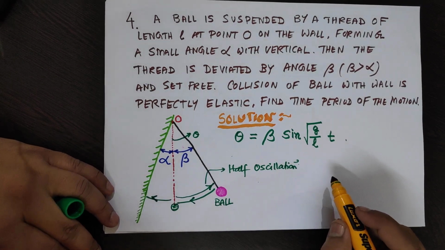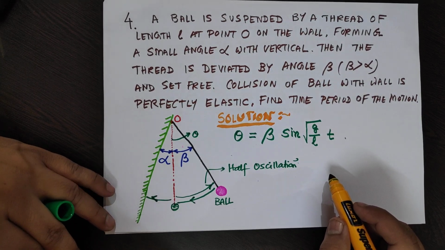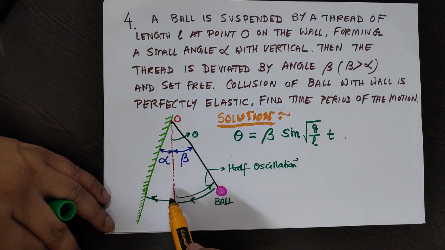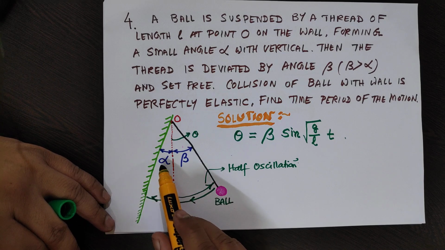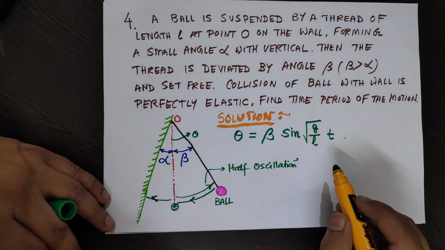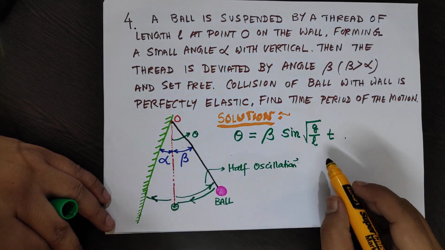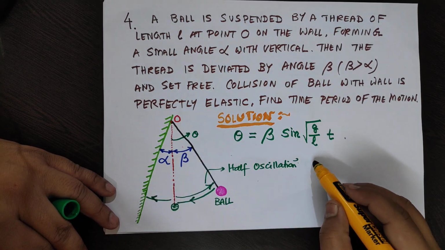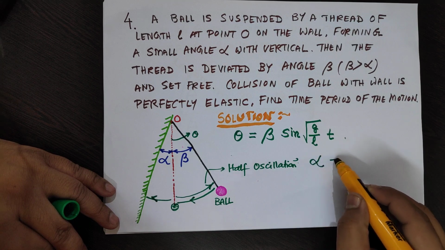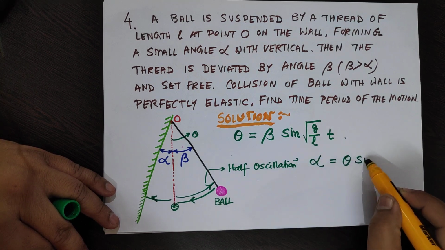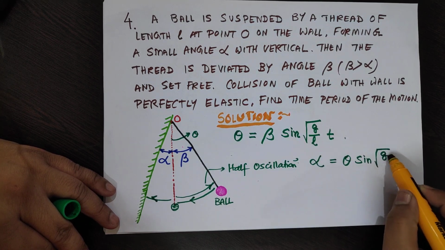So we'll find out the time taken for the displacement from mean position, theta equal to 0 to alpha, maybe on this side or that side, doesn't matter. So we can substitute here alpha equal to beta sine of root over g by L